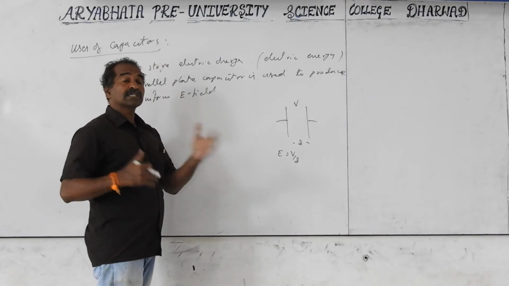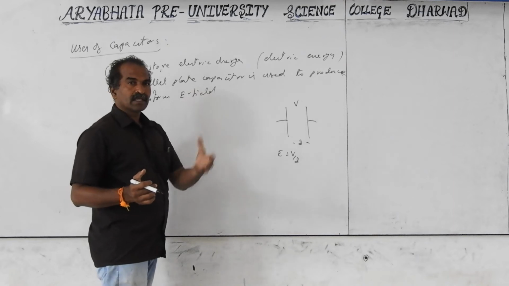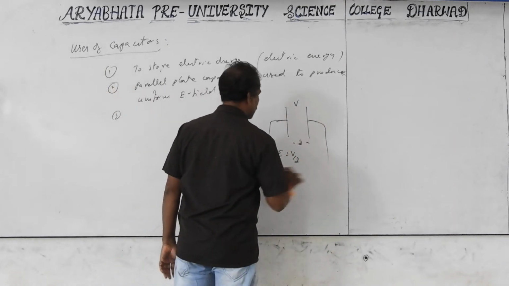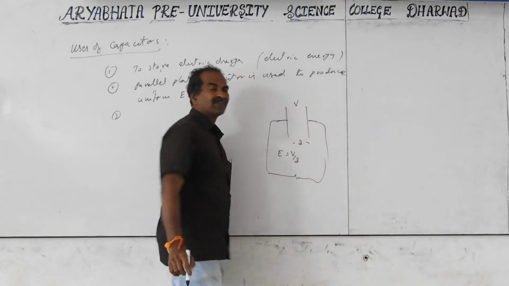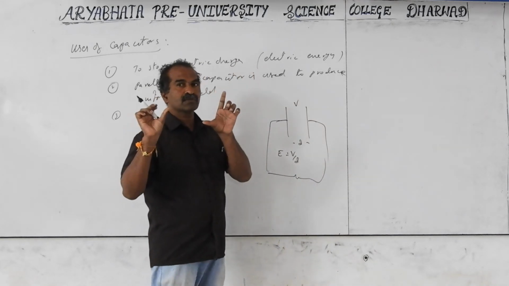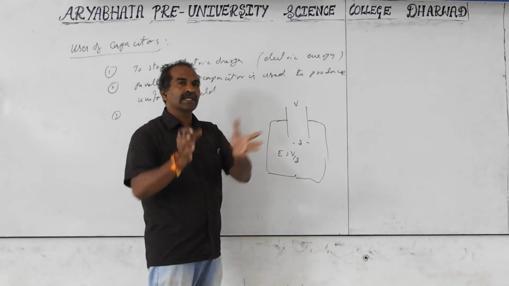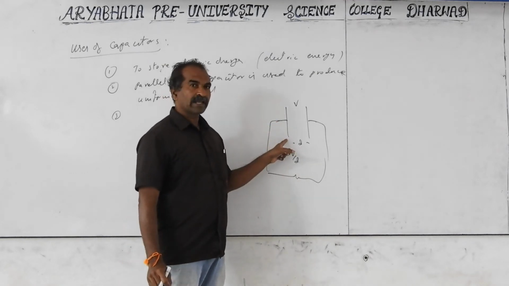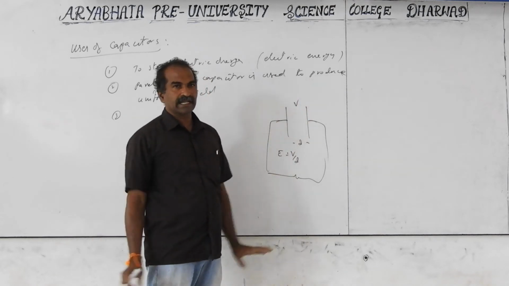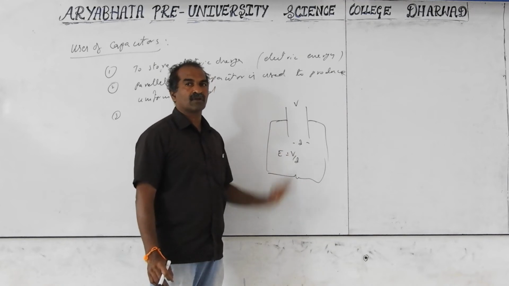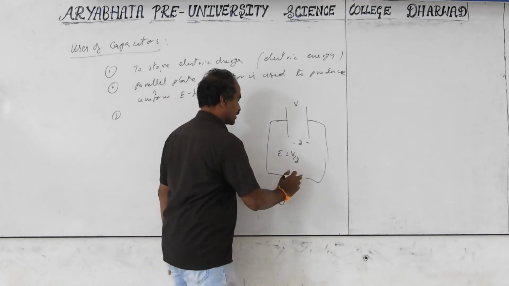Capacitors are also used to produce a large current in a short interval of time. If you require short, large currents across any resistor or devices like flashlights, a flashlight requires large current quickly. A battery will slowly increase the current. A capacitor is not like that. Whatever charge is there, it will throw out suddenly, since there is no resistance in series. Resistance is the opposition to the free flow of electrons. So if you connect a bulb here,